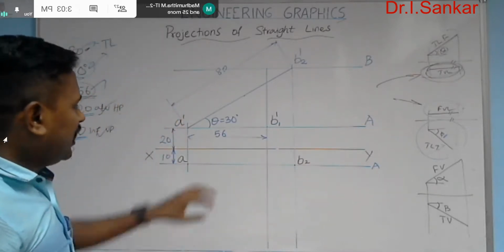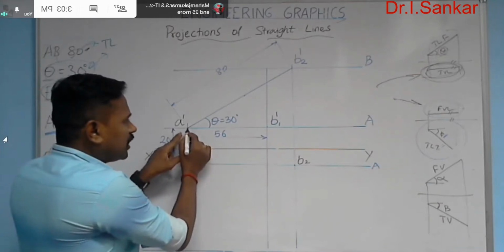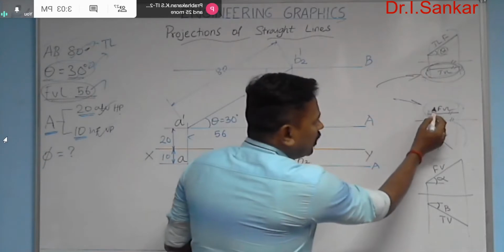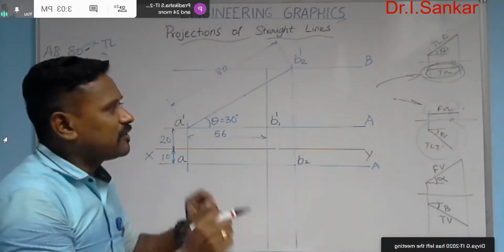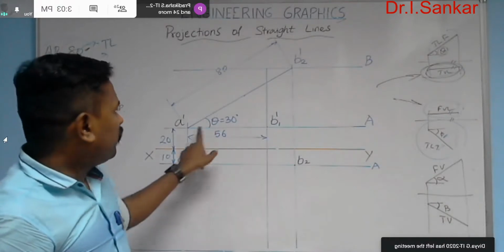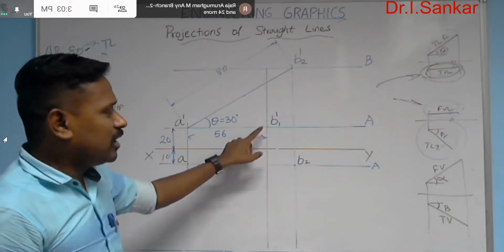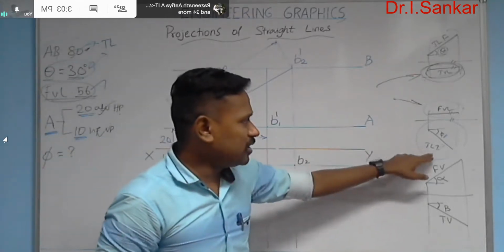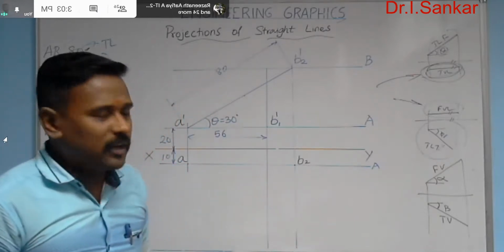Right. Any other findings you can have? You have one more line, the front view length line, A dash B1 dash, which is this one. Who is the pair of that particular line? The pair of the front view length line is nothing but the true length in top view. That is this one, the true length in top view. Along with the phi, you can mark.